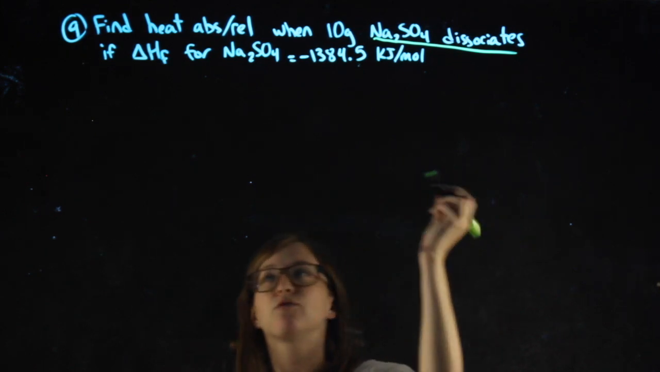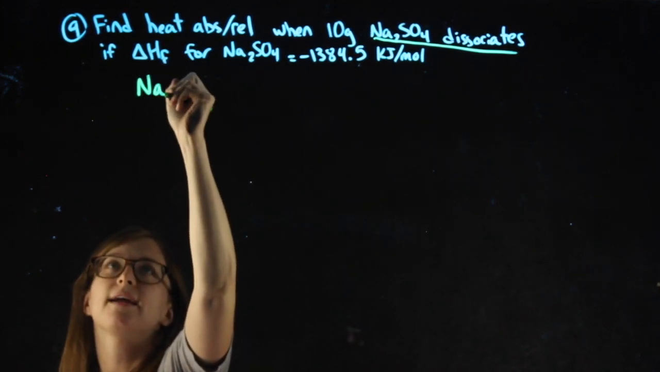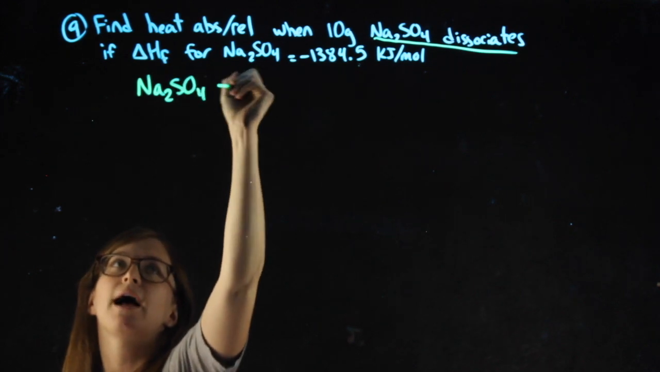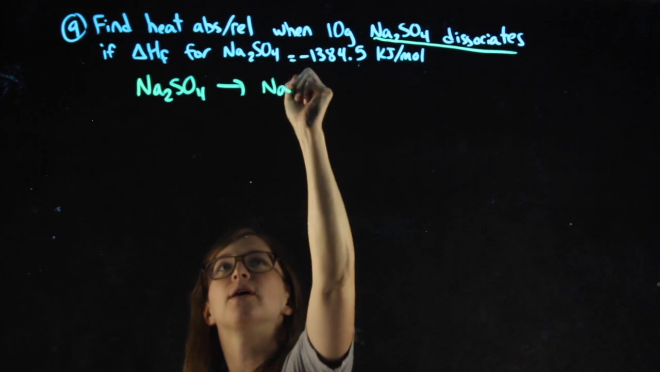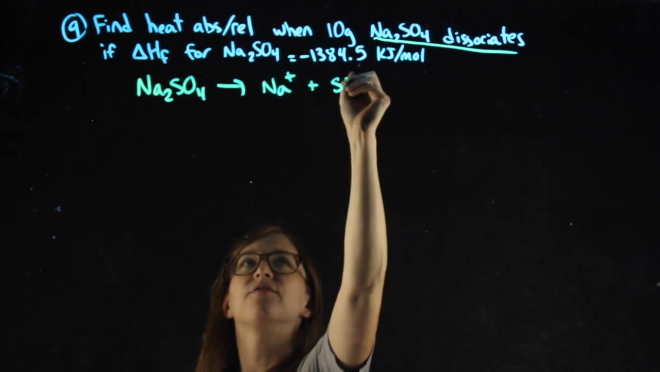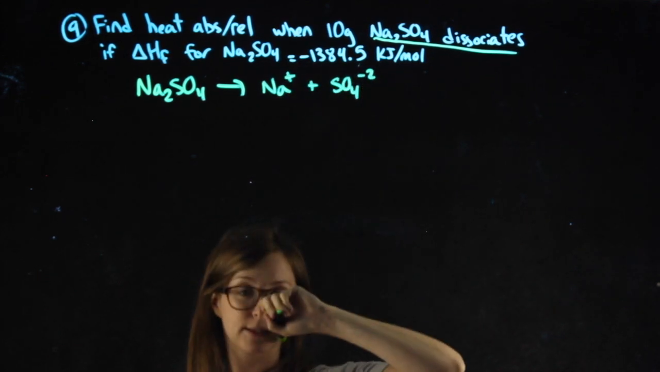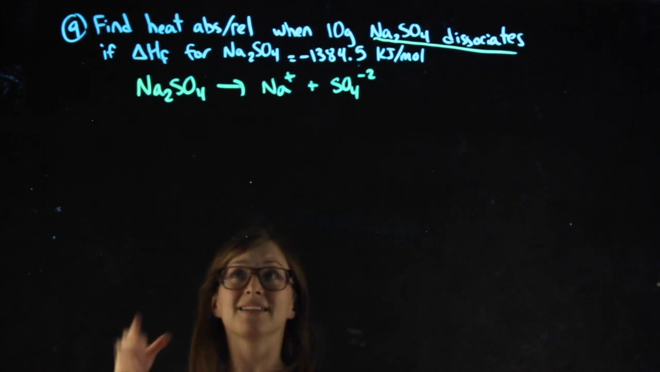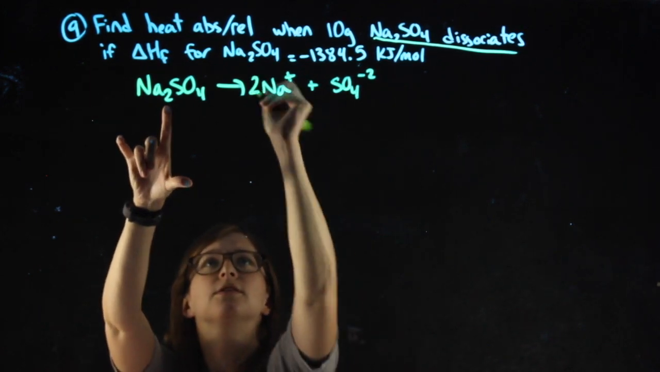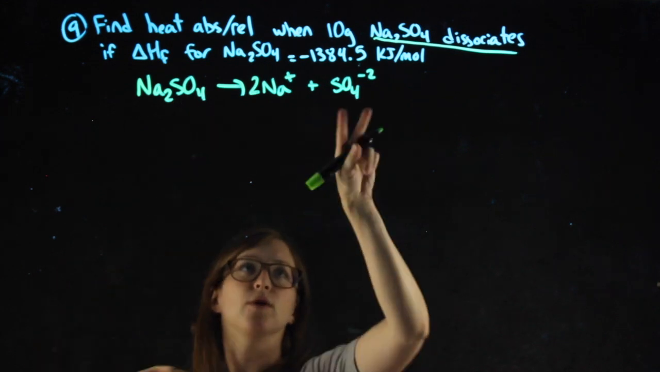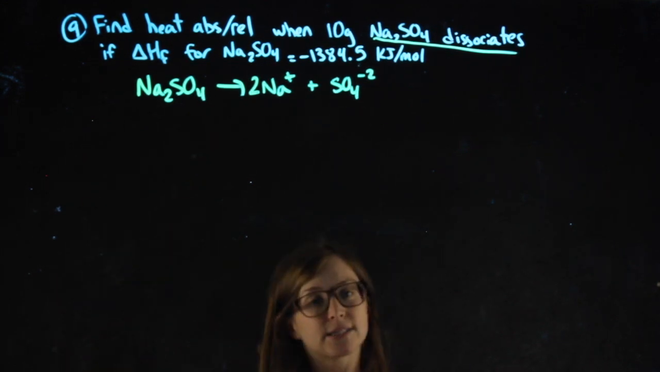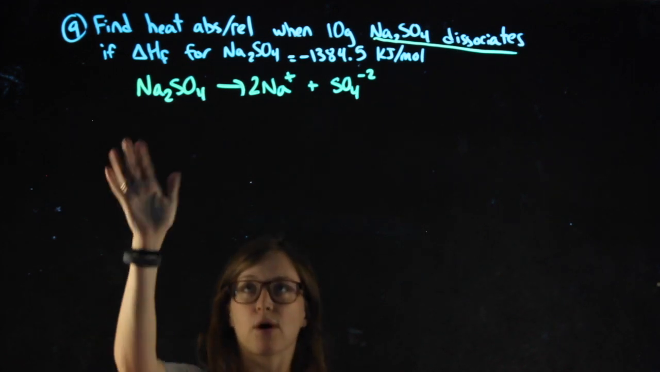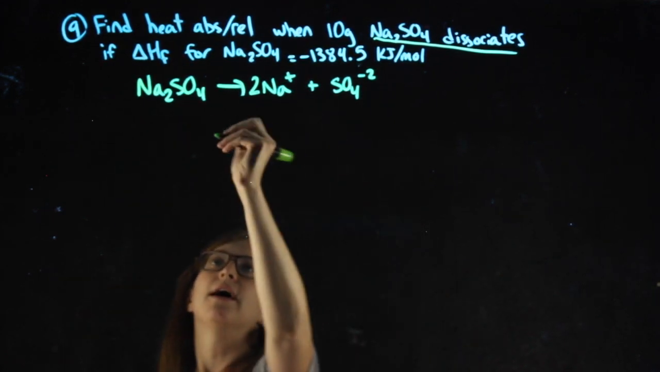So Na2SO4 dissociating, that's taking Na2SO4 and breaking it up into its ions, a positive and a negative. Sodium is a positive ion, sulfate is a -2. Balancing it, 2 sodiums, 1 sulfate group, 1 sulfate group. There's my reaction. Something else I can always do in a heat problem if I have a reaction is find